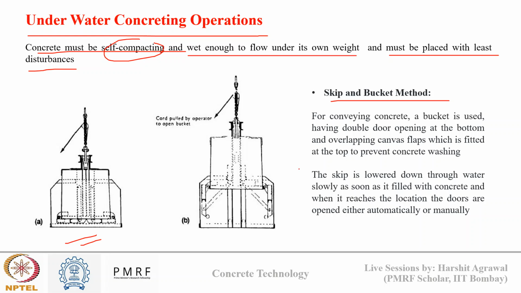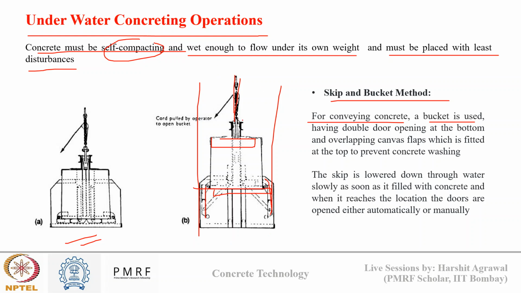As you can see in the image, for conveying concrete, a bucket is used which has a double door opening. So there is a door opening at the bottom also and at the top also. Once I reach a certain level inside the formwork, using a rod pulley, I will open my flap. The flaps at the bottom will open up, and the concrete will be poured to the desired level without need of much compaction.